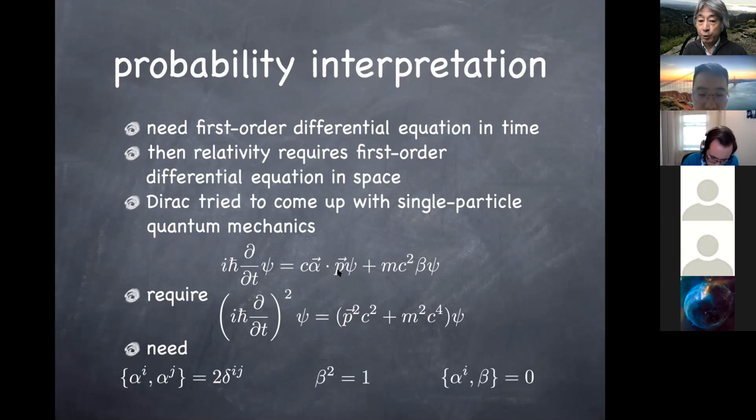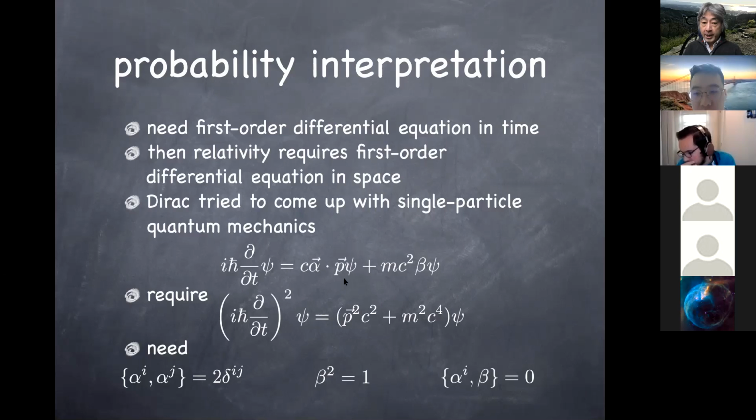But when you look at the cross term of two derivative operators, p_i and p_j, that comes with the coefficient alpha_i times alpha_j. And using this anti-commutation relation, that turns into delta_ij. So that's how you get p squared times c squared. The cross term between derivative and mc squared vanishes because alpha and beta anti-commute. And mc squared squared comes with beta squared, that's 1. So that's how we reproduce the correct relationship between energy squared and p squared c squared plus m squared c to the fourth, as needed for a relativistic point particle.